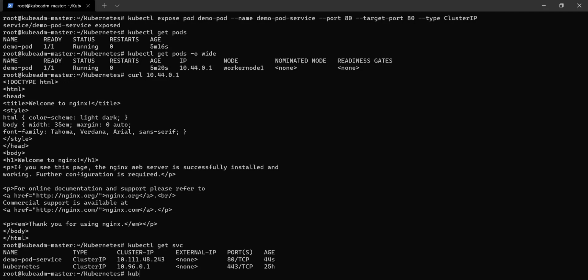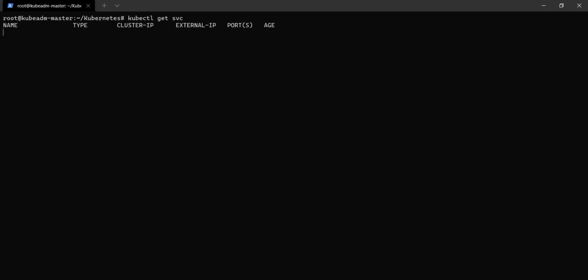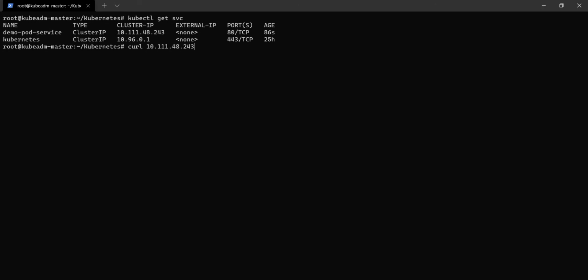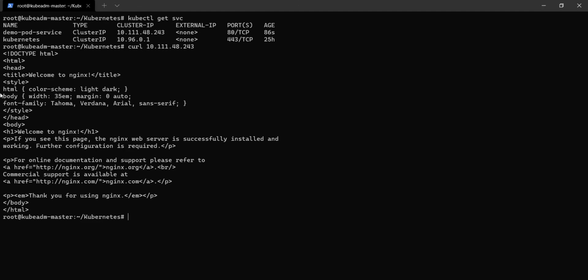We already established the network communication during the installation and also when enabling the CNI plugin. Let's access. As you see, we can access the pod using the ClusterIP as well.